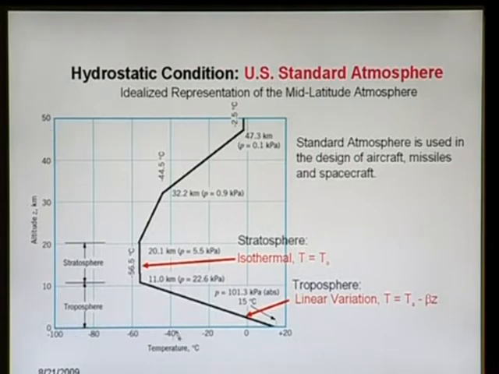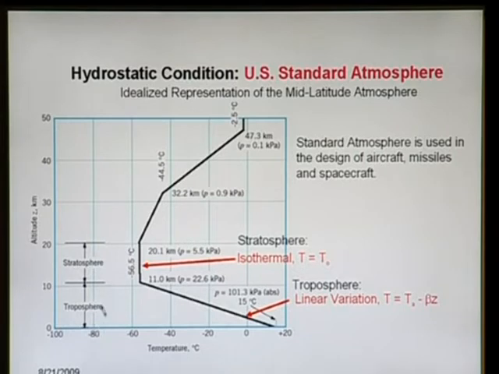And on the x axis we have temperature. We are starting from plus 20 degree centigrade to minus 100 degree centigrade, and here we have 0. So, on the x axis we have temperature and on the y axis we have altitude, and this is the ground surface, sea level 0. So, up to 10 kilometer,